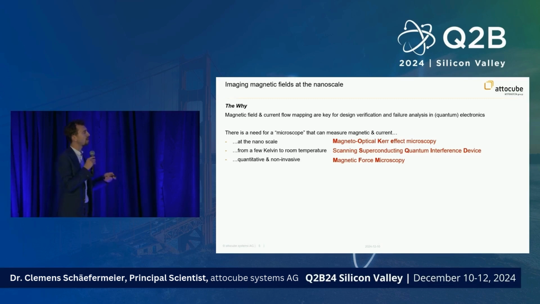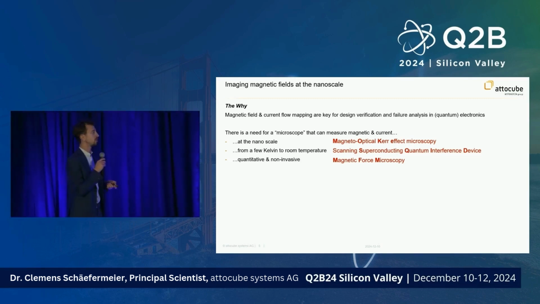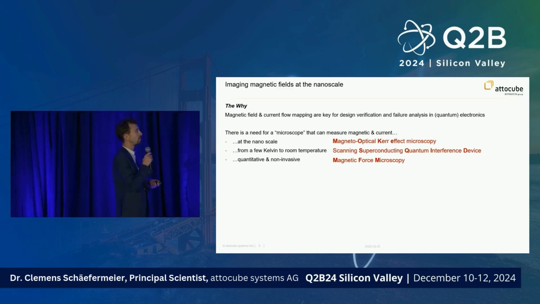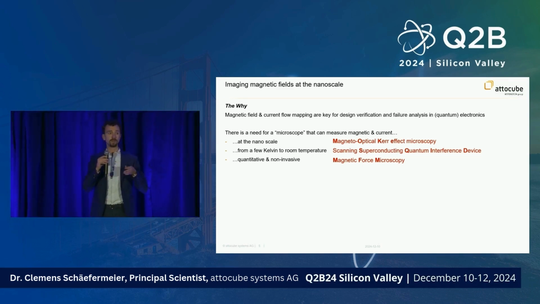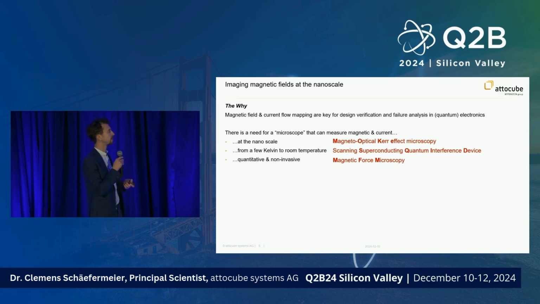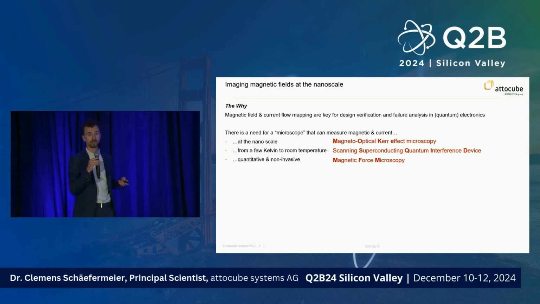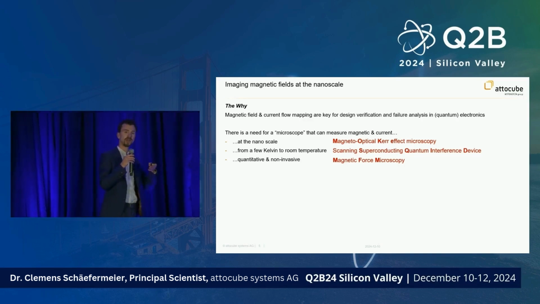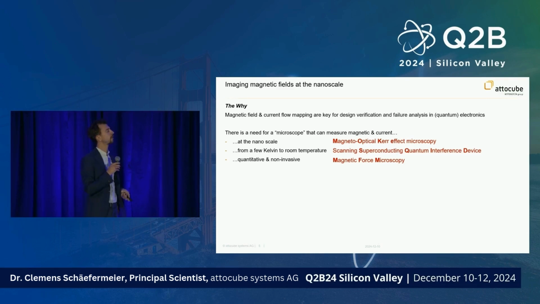And so for some of these requirements, there are solutions. So you have magneto-optical Kerr effect microscopy, for instance, but that is typically limited to optics resolution, to the diffraction limit, like let's say 400 or 500 nanometers. You have scanning SQUIDs, they only work at low temperatures. You have magnetic force microscopy, which is an AFM that is magnetic, and you don't really know what happens to your device or to your sample once you probed it with a magnetic probe.